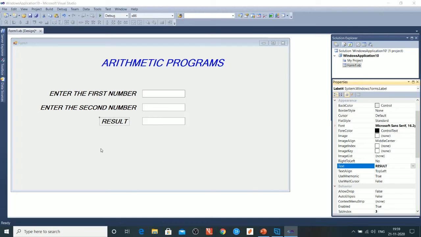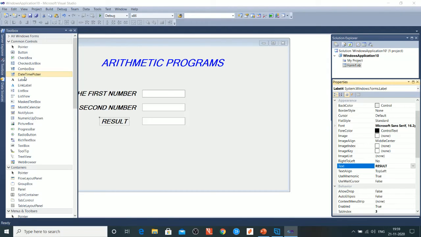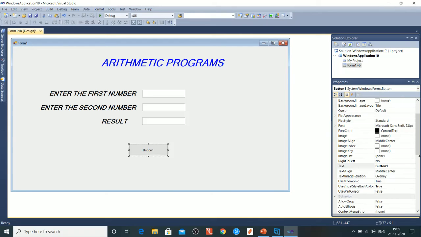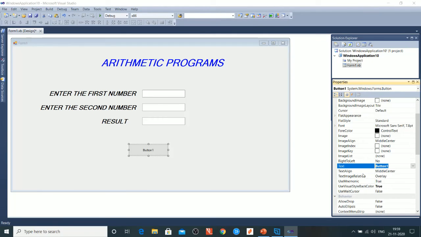How can the result be displayed? You have to write coding for the addition of 2 numbers. That coding can be written with the help of a new control. The name of the control is button. Okay, so I just click and place the button, then change the name of the button to Sum. If you press the Sum button, then the 2 numbers entered in text box 1 and text box 2 will be added, and the final result will be displayed in text box 3.